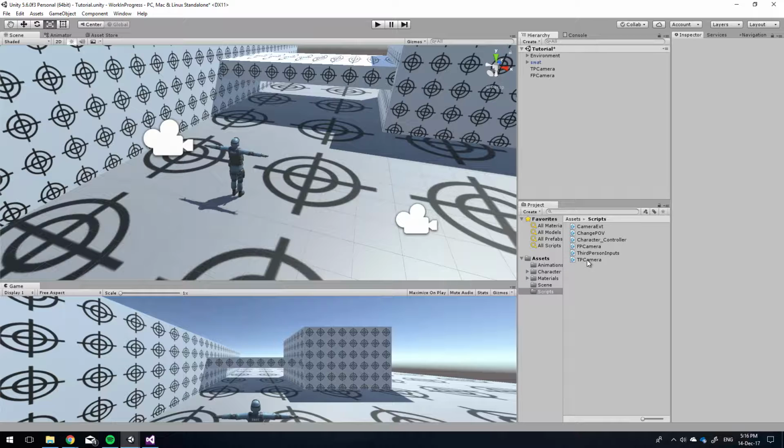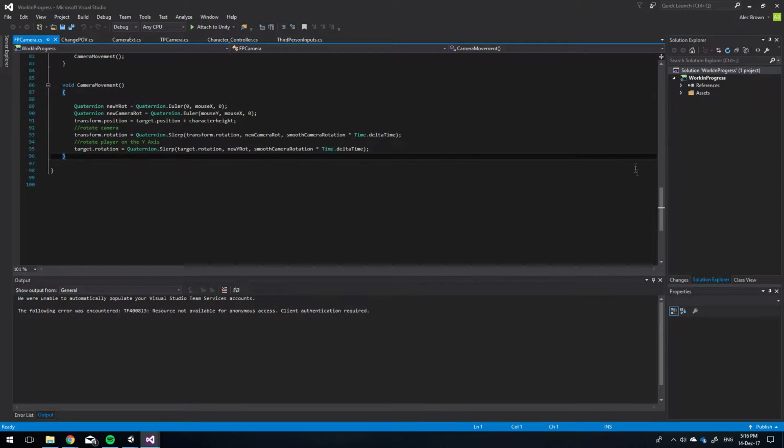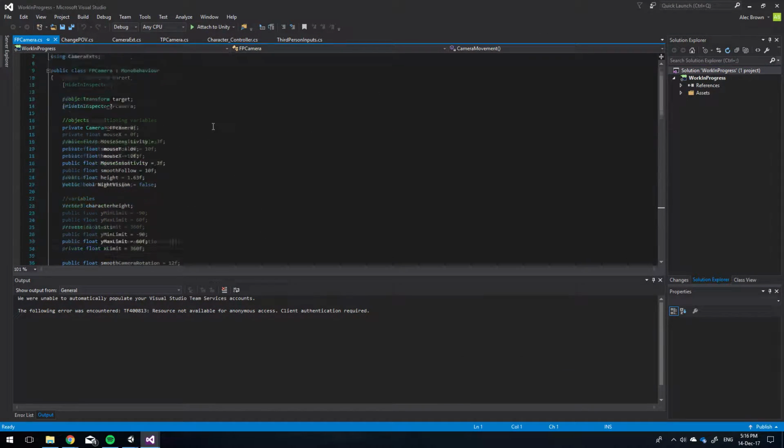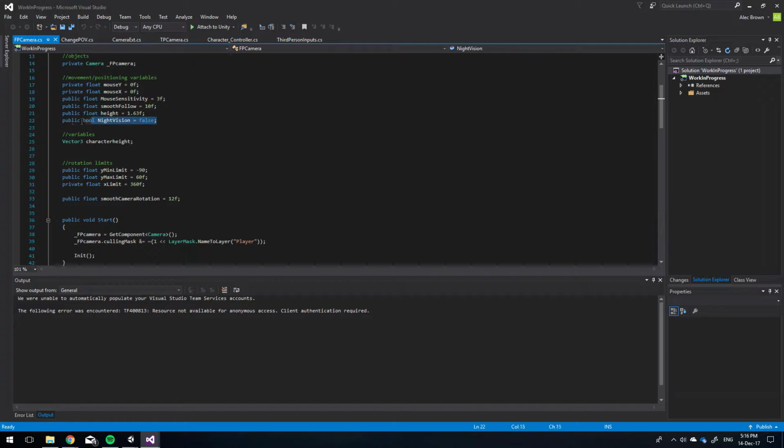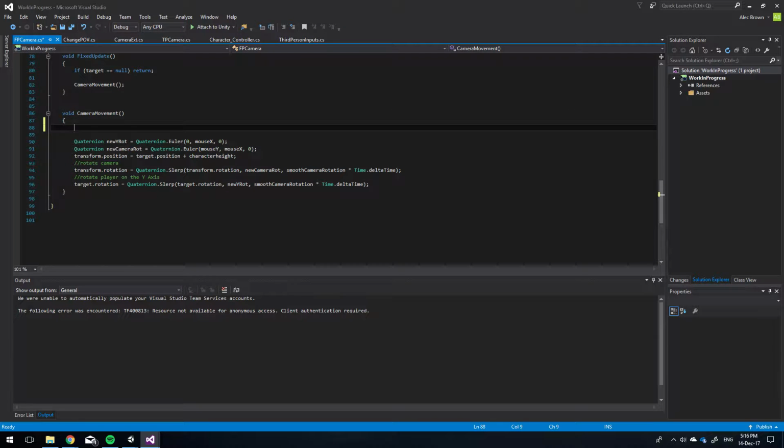So the first thing we're going to want to do is head on over to the first person camera and set up the Boolean value which we looked at very briefly in one of the last tutorials, which we left in, which was the night vision Boolean. In here we're just going to literally put a switch into the camera movement function, which is just going to be a check night vision function, which will just change that Boolean on and off,